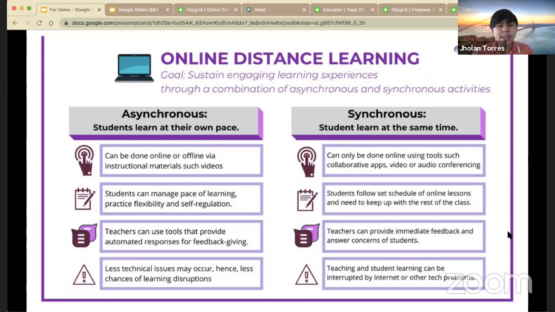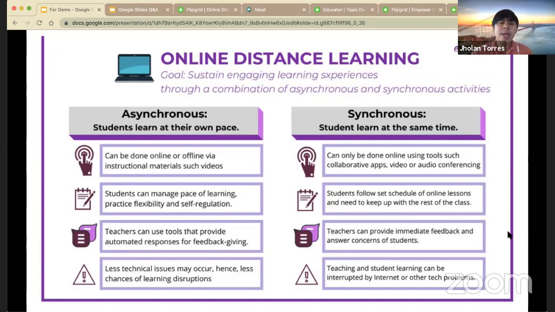Students follow a set schedule, and online learners need to keep up with the rest of the class. Because in synchronous learning, you need to set a schedule since it's live. It's like being in class, where we follow a program or schedule for our class.